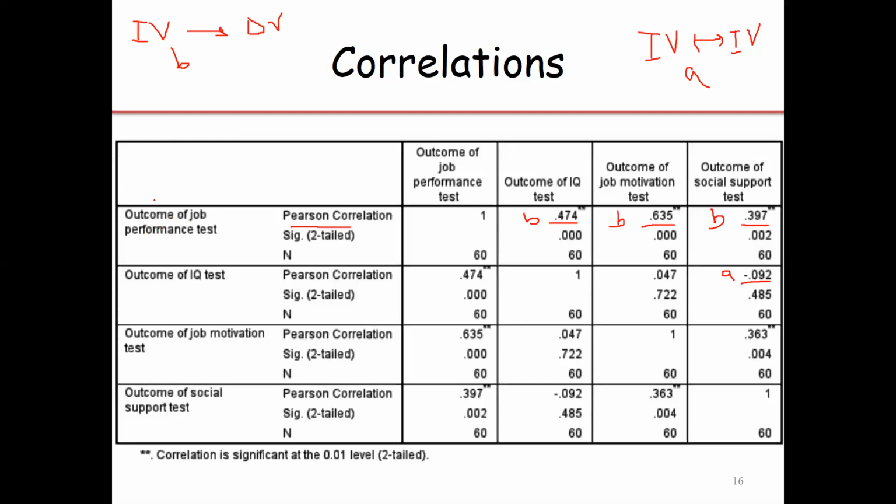So this is the correlation between the dependent variable and the first independent variable, the dependent variable and the second independent variable, and the dependent variable and the third independent variable. So these correlations should be high. And the correlation between the independent and independent variables should be small. This is the recommendation. These correlations should be small and these correlations should be high. If this correlation is high, the model will give us a better prediction.